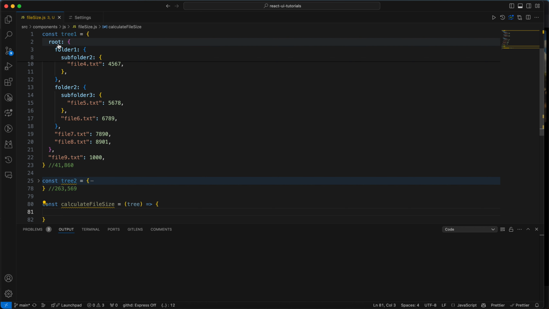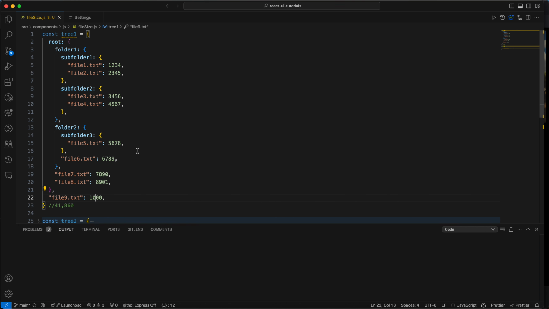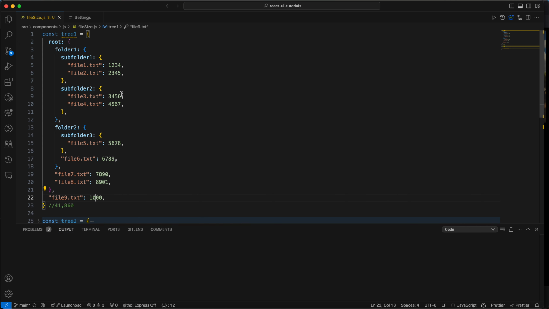So every key is a folder or file, and our nodes can be either a subtree or a number of the files, and what we need is to sum up all of the sizes here and return the result. Okay, so when we see this type of tree,